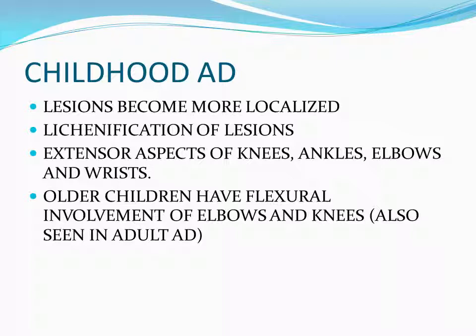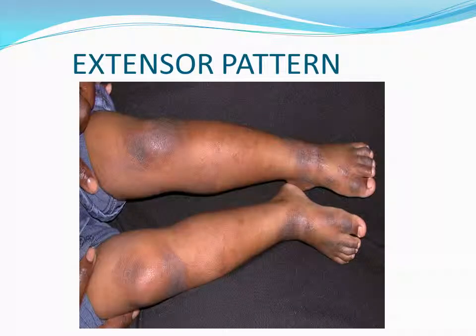In these cases, you see the extensor aspects of the knees, ankles, elbows, and wrists. And as the children get older, they tend to present with the flexural involvement of the elbows and knees, which is a pattern typically seen in adults. So here we see the extensor pattern. You can see now that the skin looks less acutely inflamed. It's hyperpigmented. You see a bit of lichenification where the skin markings are more exaggerated, and it's affecting the extensor